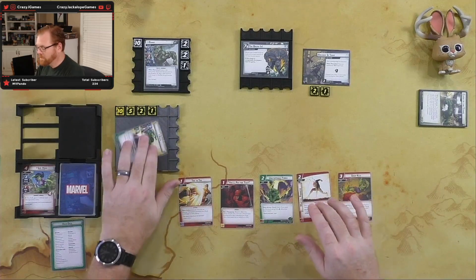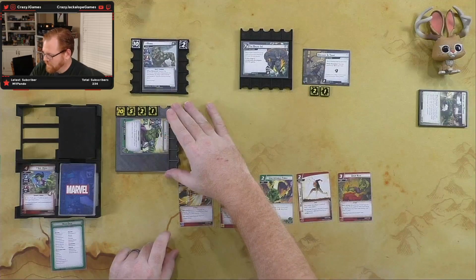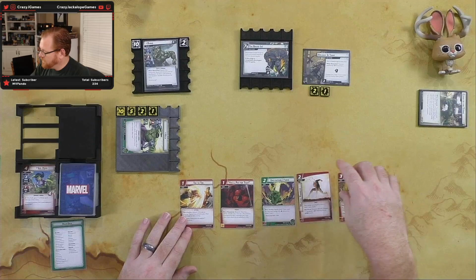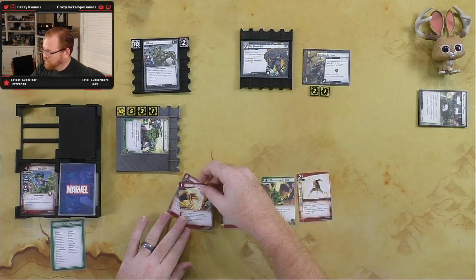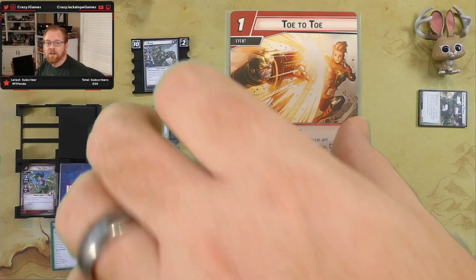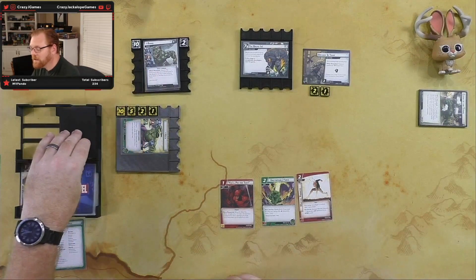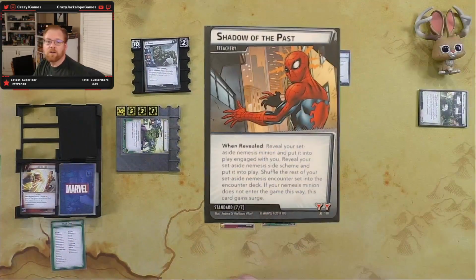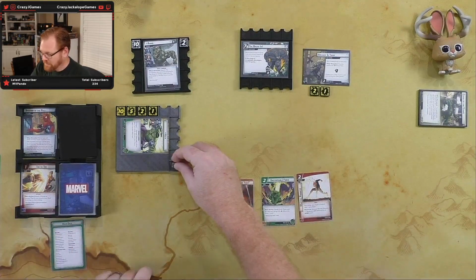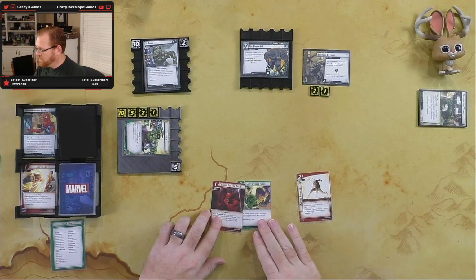All right, so we're going to attack with the Hulk. We're going to hit for 3. 3 damage. All right, next up, we're going to play our Toe-to-Toe. So we're going to use Drop Kick to play Toe-to-Toe. And Toe-to-Toe says, Rhino's going to come for me, and I'm going to deal 5 damage to him. So he's going to hit me for 3. He's going to get a bonus of 2. So he's going to hit me for 5. Ouch. But I'm also happy to get rid of that Shadows of the Past. That's nice to get out of there. So he hits me for 5. I will...